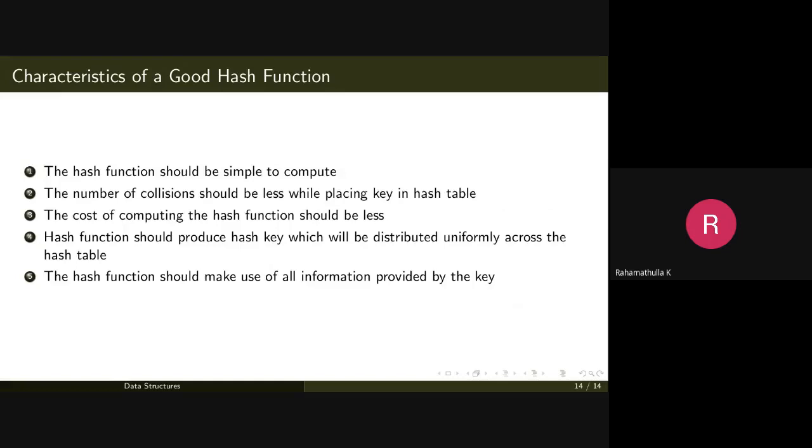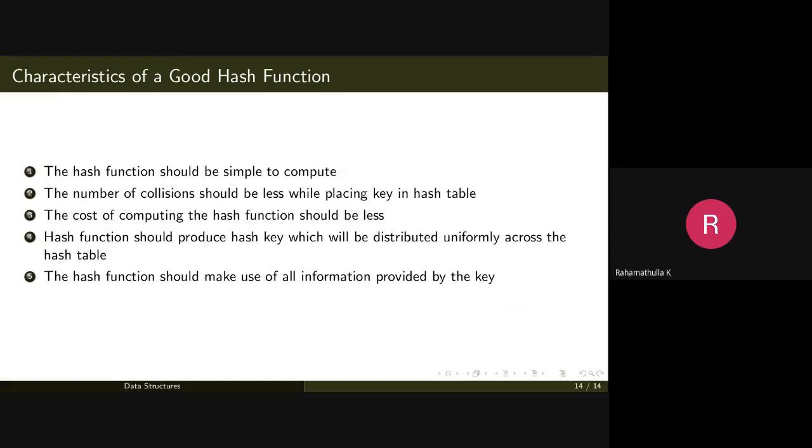The cost of computing the hash function should be less. There is no point in using a better hash function if the time for computing it is very large, as that will be of no use. It should be very simple, and it should be computationally efficient also.